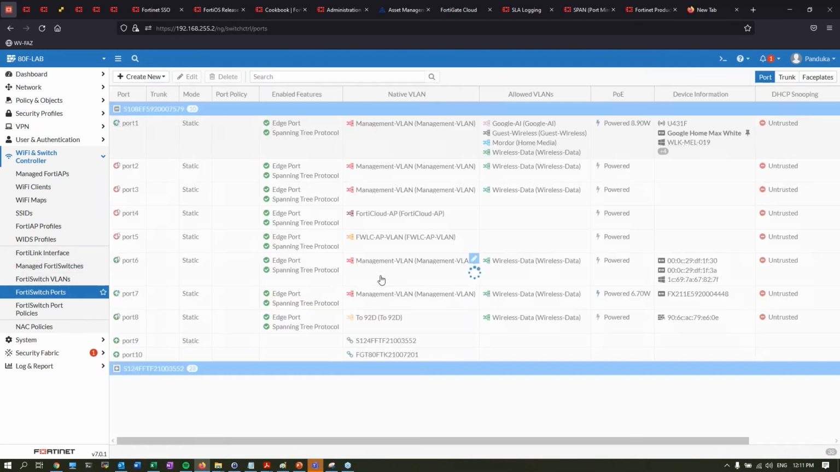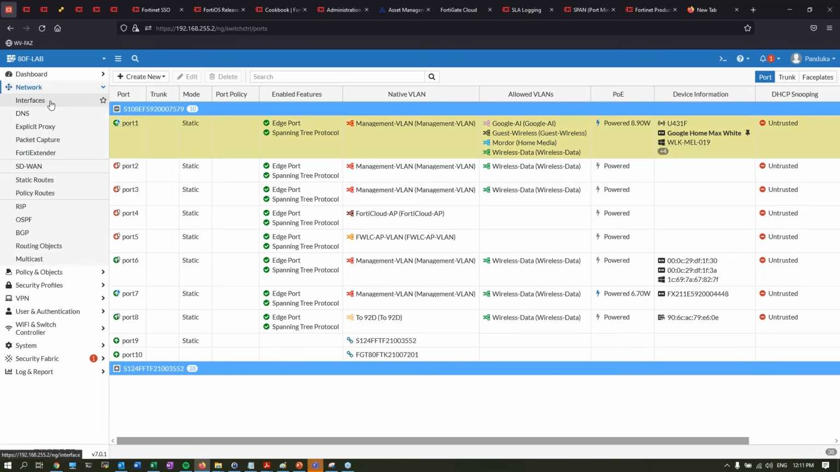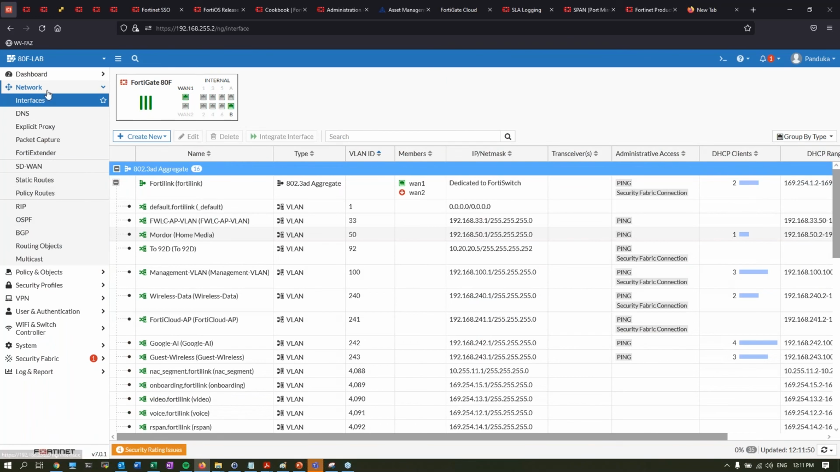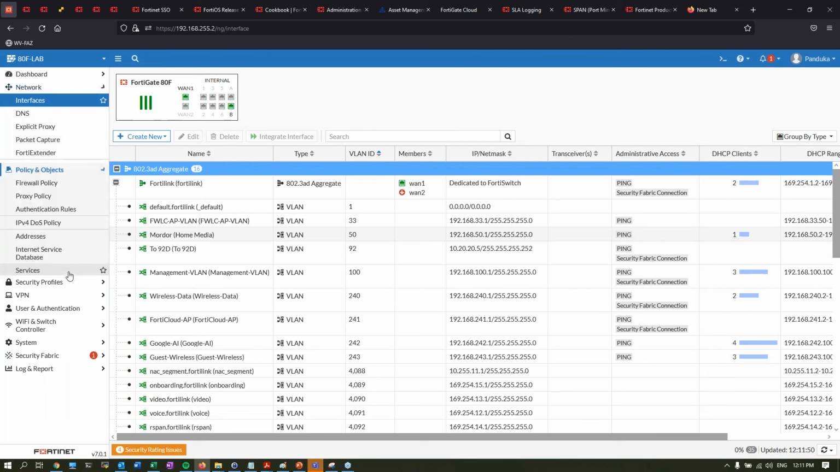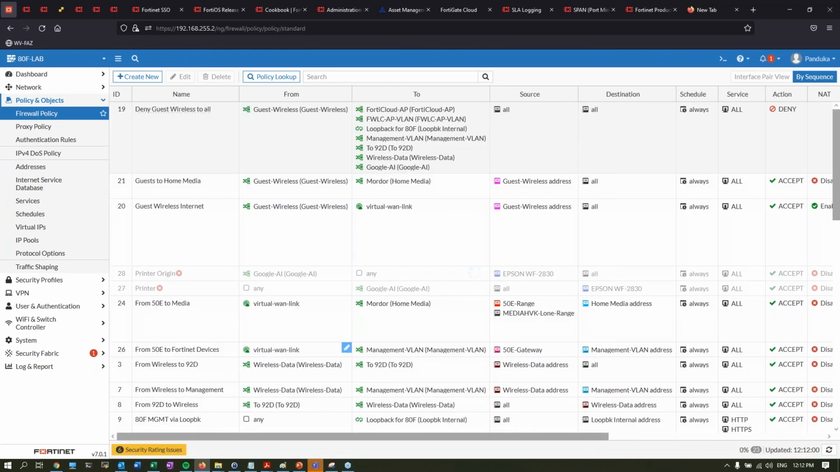Now for that traffic to pass through the switch, that VLAN ID must be inside this allowed VLANs, right? And then once that traffic goes from the AP through the switch, once it comes to the FortiGate, it will be coming into this FortiLink interface. And what happens to that traffic? In order for that traffic to go into wherever,